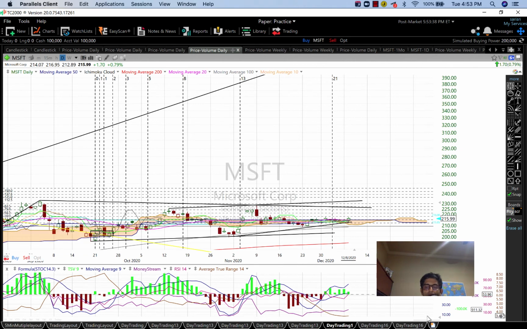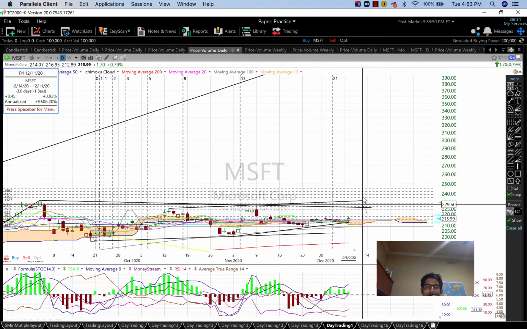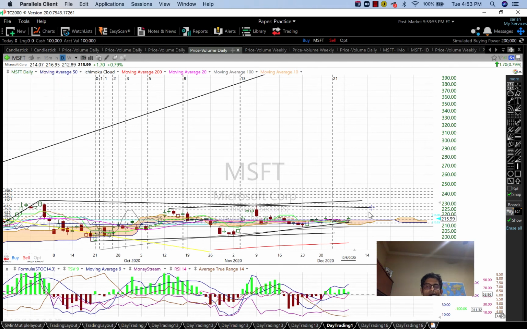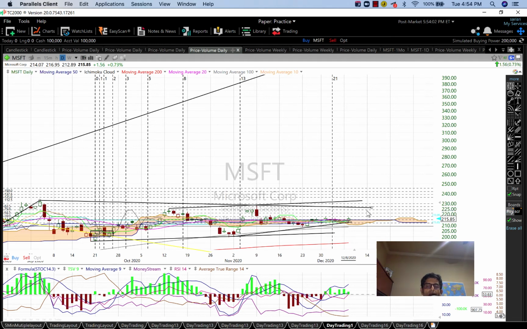So where is it heading now? If we are looking at this, the first stop, I think, is... I've just drawn the Fibonacci retracements here. And if you look at it, there are two trend lines we are watching here. The first level is around 226, and the second one is around 235. So what I'm expecting is, within 2 days, we expect this move to 225, and then it might retrace a bit, and then it might touch this 87, which is 230. So after that, we can see what happens.